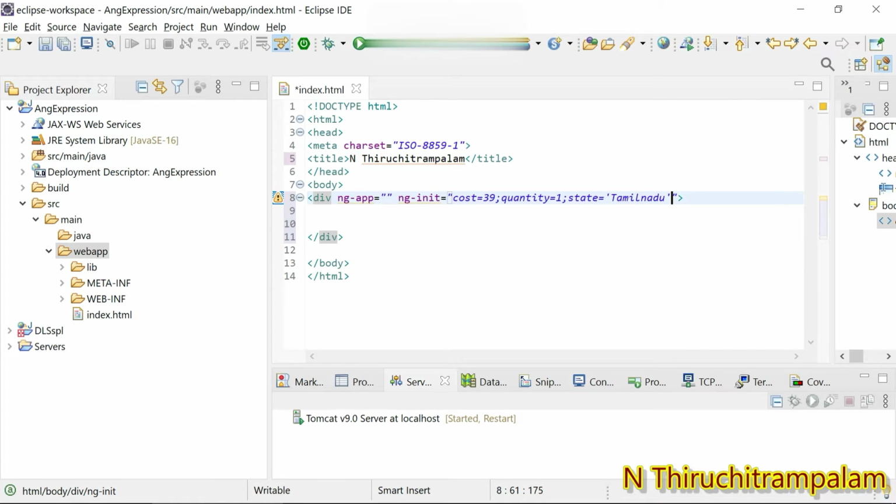It should be given within single quotes. And then just give a semicolon.